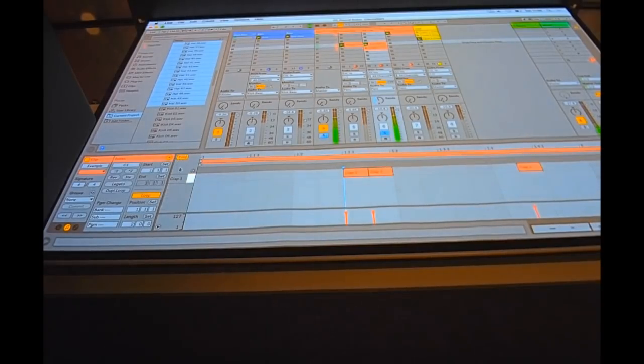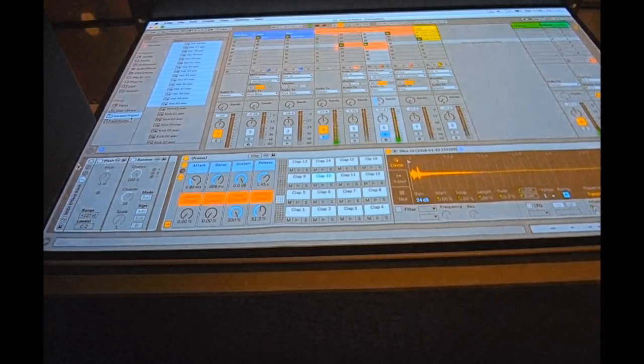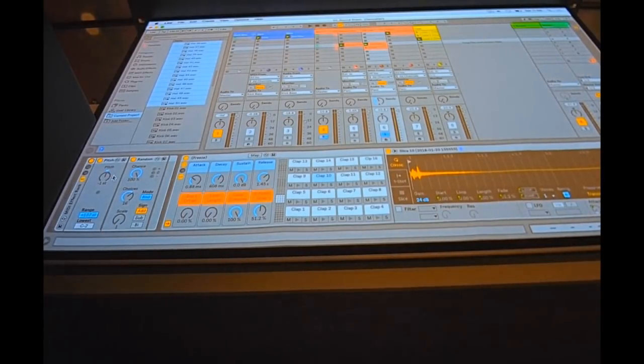Here I have a simple clap pattern, and it's just loading the same sample every time. This first hit. But what I've done here is I've created a round robin effect, and this is a randomizer in Ableton, and it makes sure that every time I hit the MIDI note, it will select one of these samples at random. So therefore I can kind of generate that effect that you have with a normal analog drum